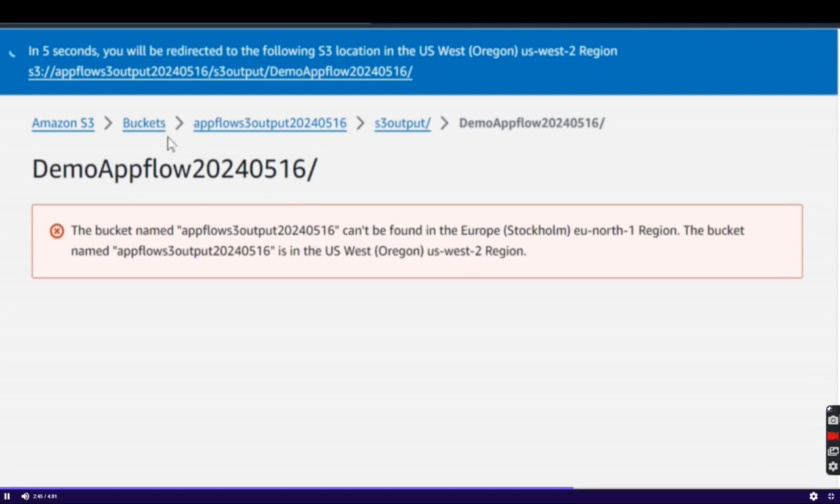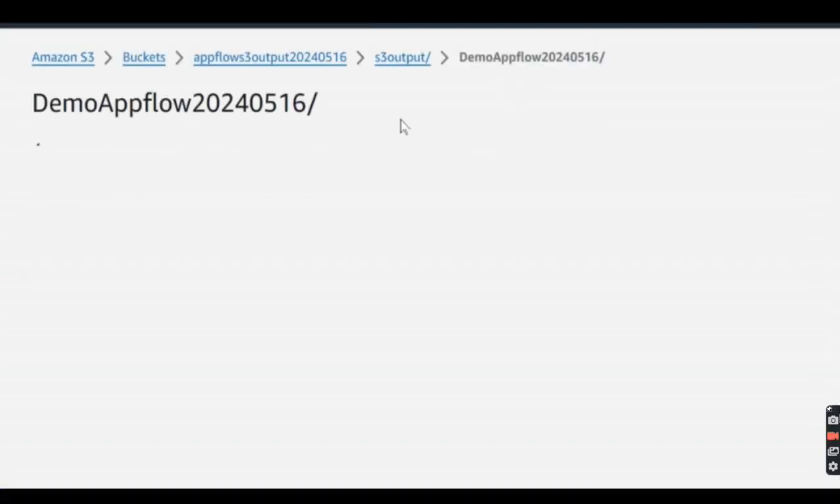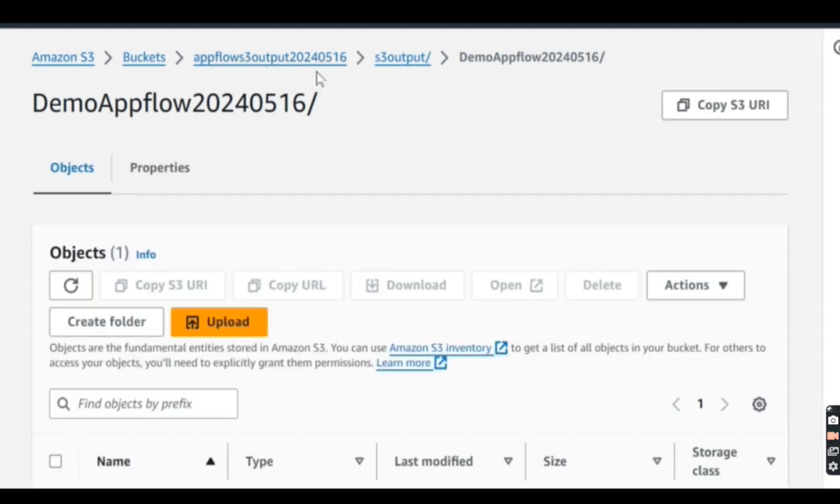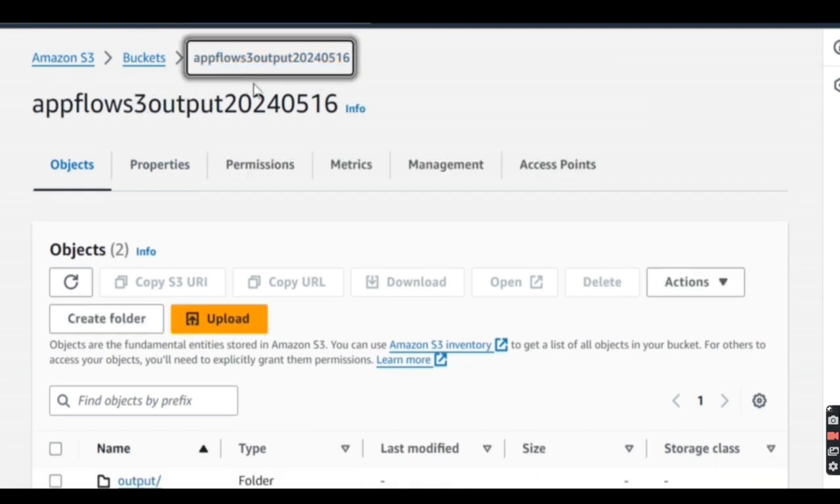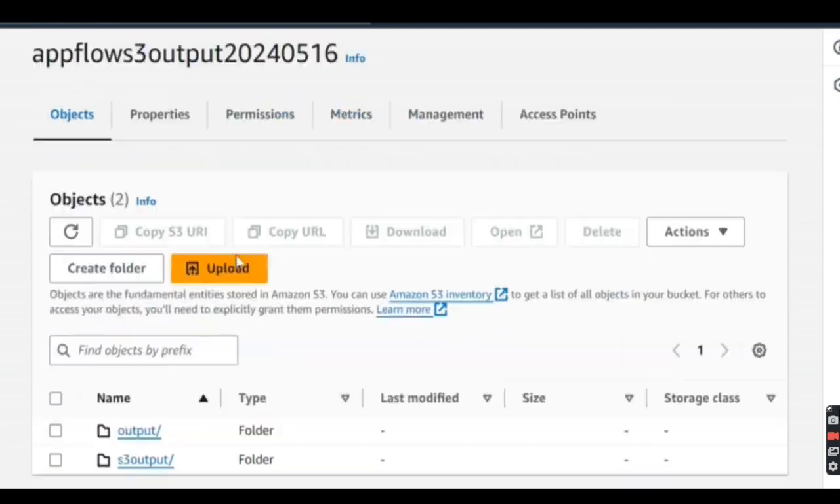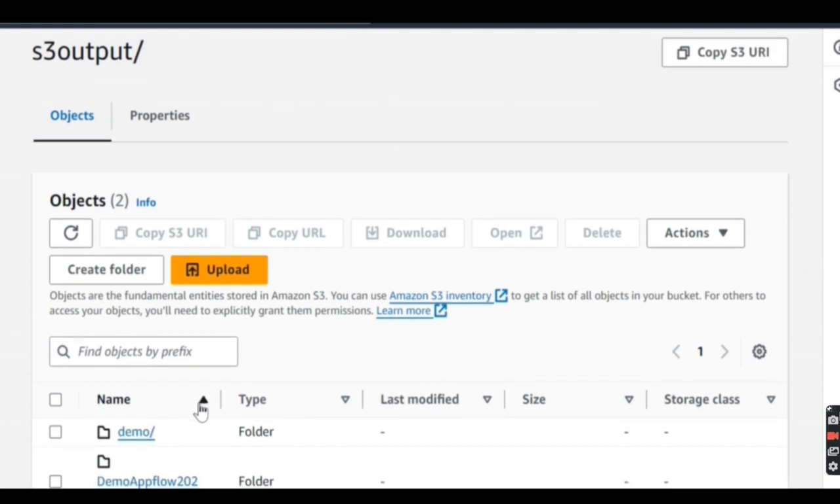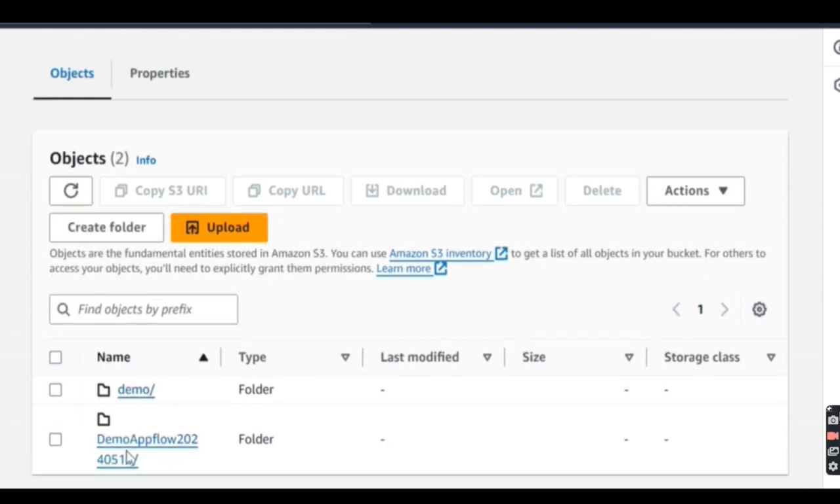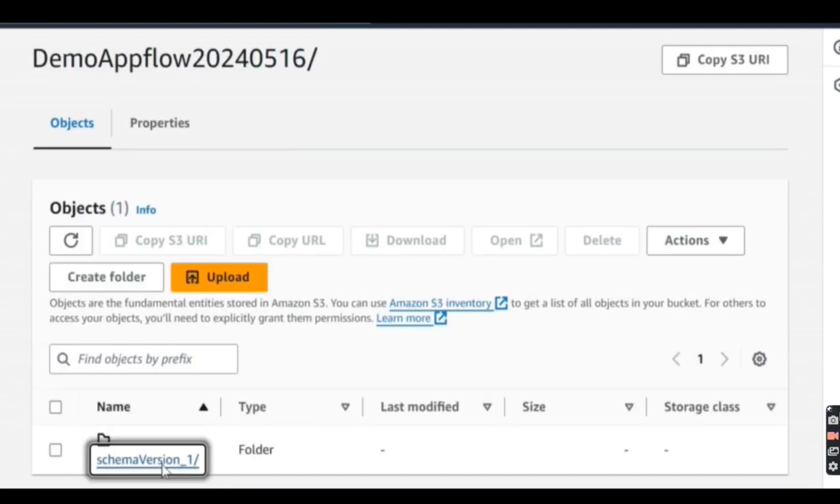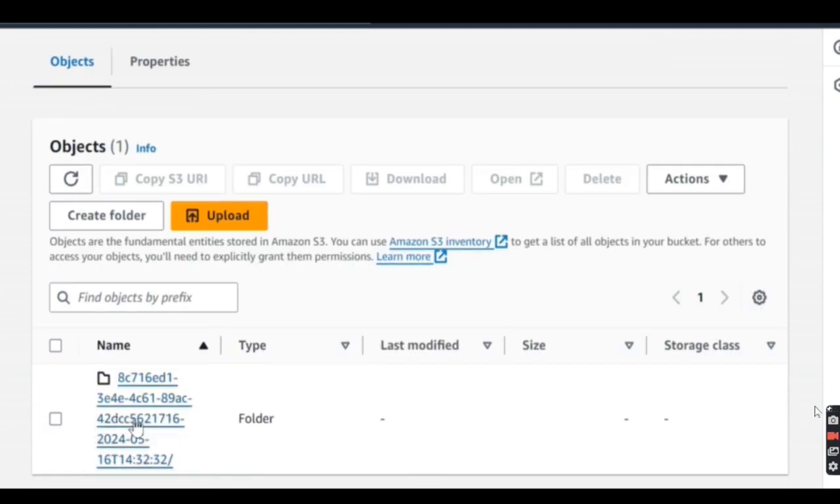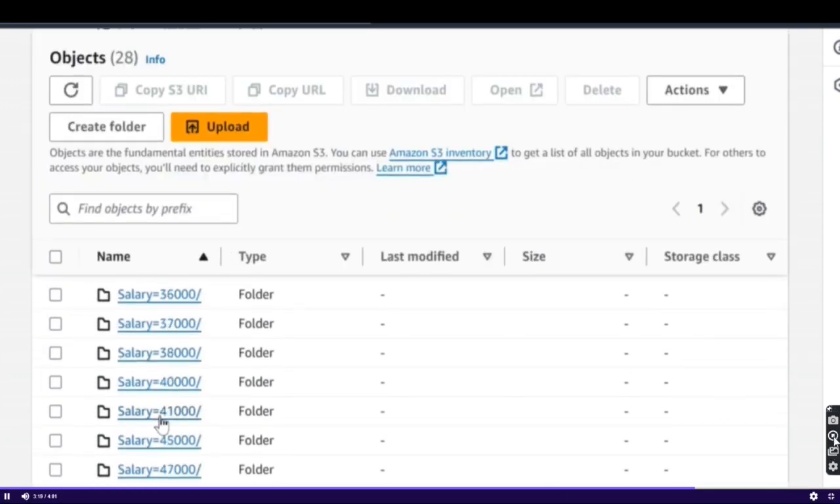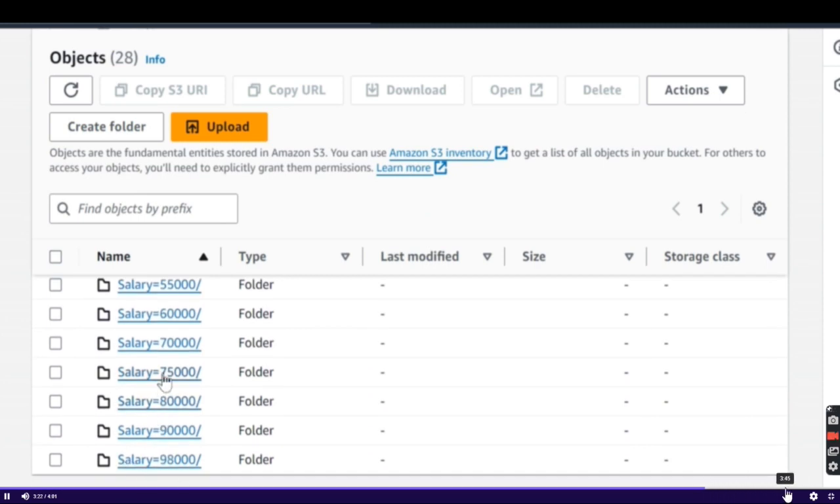If I go back to this link, it is going to locate my availability zone and the defined bucket where I have created this. This is my output bucket. Let me come back to the S3 output. This is the folder which we created. Remember, in the prefix, this is the output. We just created the name with this output, and then we have schema 1, and it has created this folder wherein it has segregated the data based on the partition column, which is salary. So let's say if I want to view the people who have salaries,